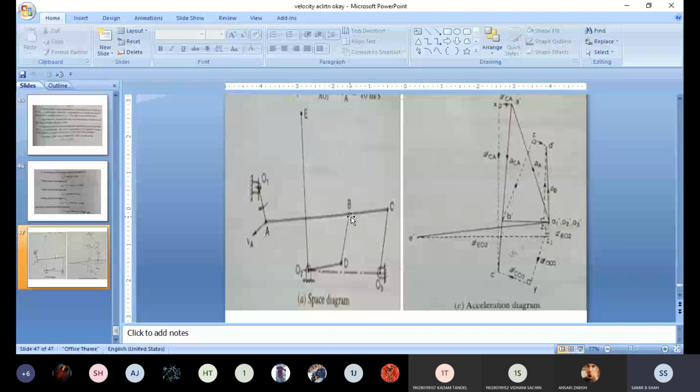After B dash, we have to talk about this BD line and O2D line. Means once again we have to find radial part of the BD, after the tangential part of BD, radial part of O2D and tangential part of O2D. So as we proceed in AC and O3C, same process we repeat, and once again the tangential part of both the links, that is BD and O2D, intersect at point D dash. Okay, I discuss one by one, so it's easy for us.